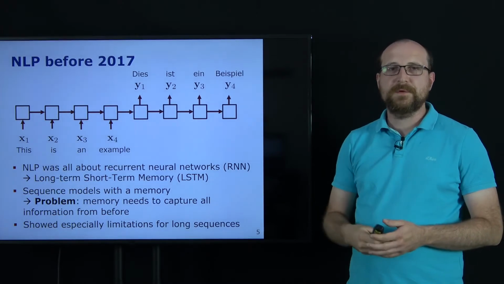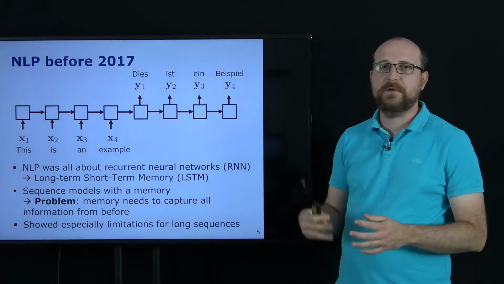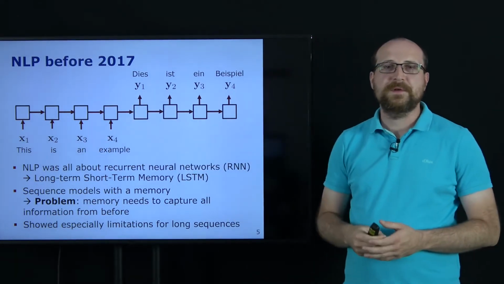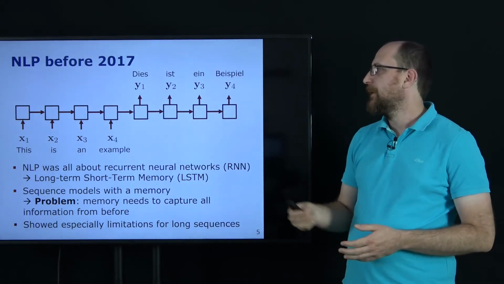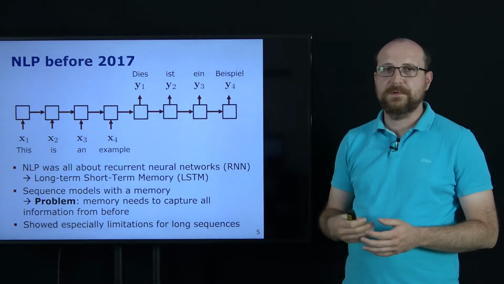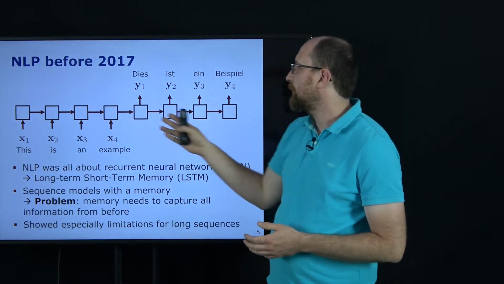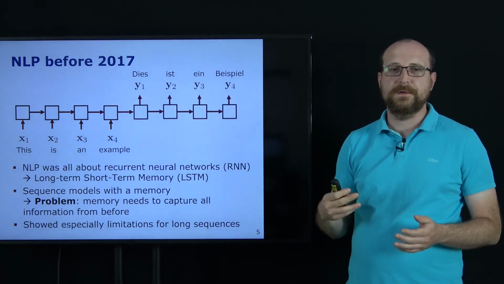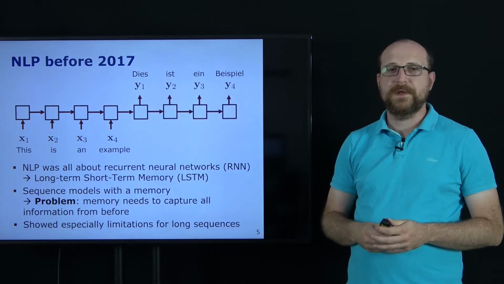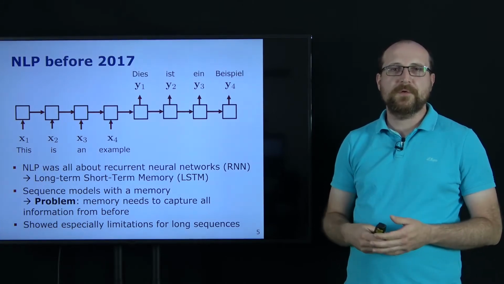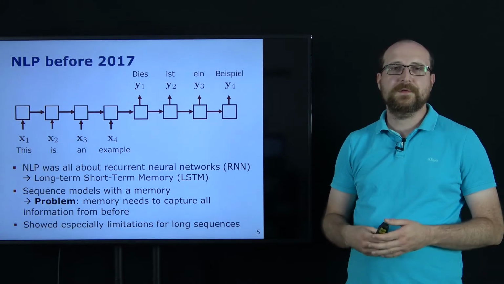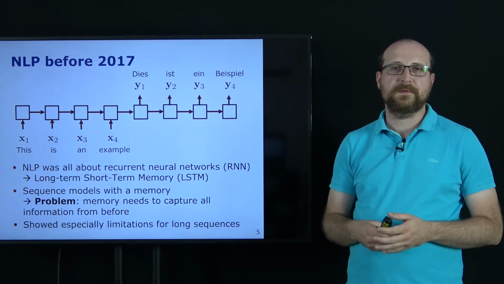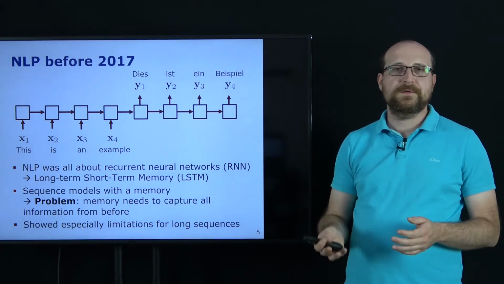And the problem with this is that we have to encode a lot of the history of the sentence, or the whole sequence basically, in this very limited memory. This makes it difficult to produce longer sentences, because the long-range dependencies, where maybe the last word depends on the first word, are very hard to encode in this memory. This showed very clear limitations for longer sequences, especially when you want to produce maybe a whole page of text where the last sentence also has some coherence to